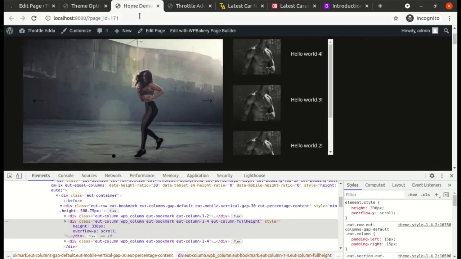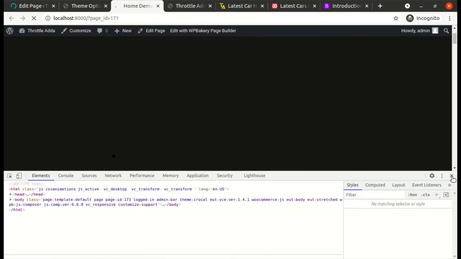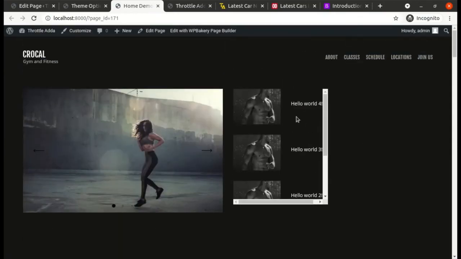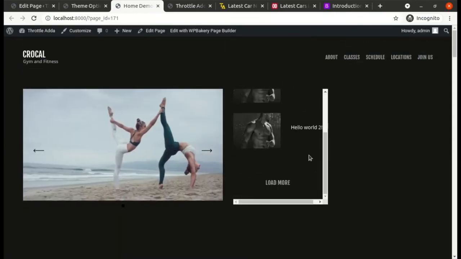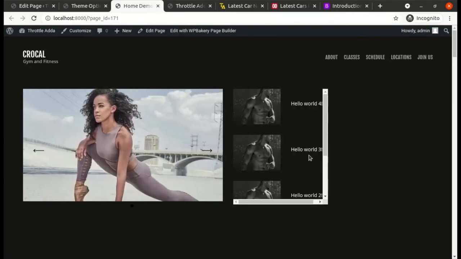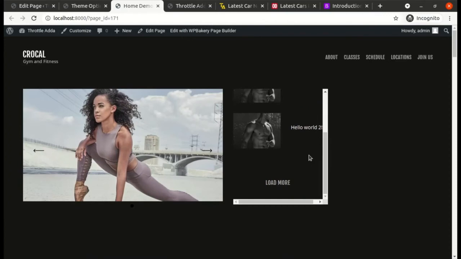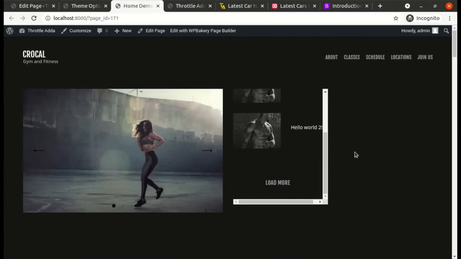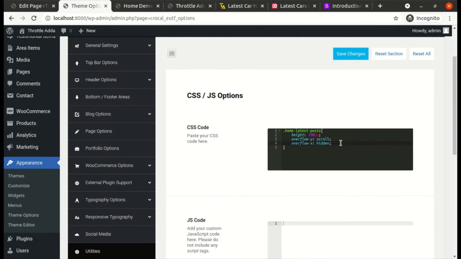Okay, it's saved. We will refresh the page. Okay, now we did not achieve the expected result. There is a scroll bar in the y-axis and also in the x-axis. We will fix this. Now the CSS that we need to write, an extra line on line number 4, overflow dash x, that is the bottom scroll, and we have to write the value as hidden.